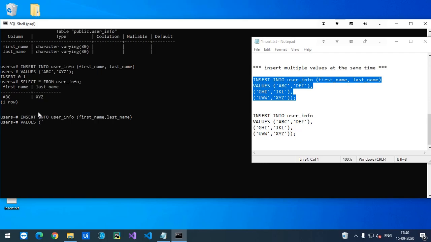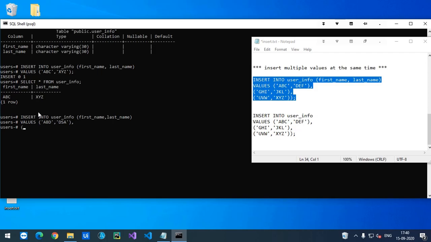Here the value, let me take another value, is 'abd', comma, 'dsa' in single quotes. Then comma and the next value.